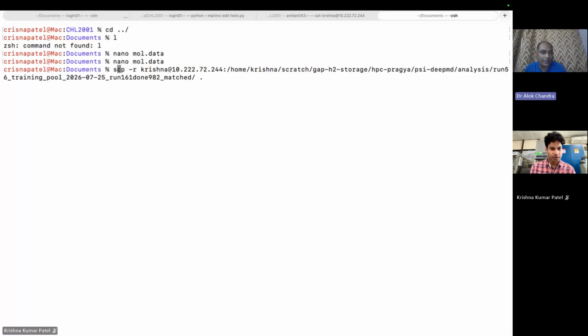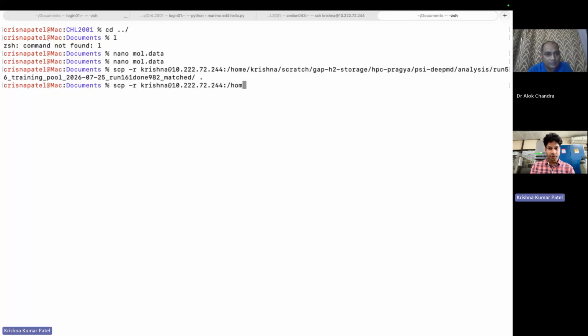So we'll again load that trajectory. And yeah, we need to look at that trajectory file, right? So we'll just copy that. I need to figure out where I want to copy that. Your laptop doesn't have allow. No, wait, it's in my other Ubuntu machine. So I need to copy that file. Krishna at 10.222.72.244 and home Krishna scratch